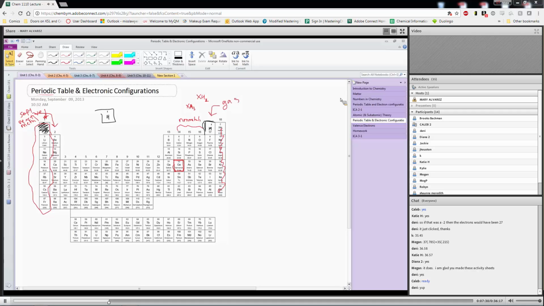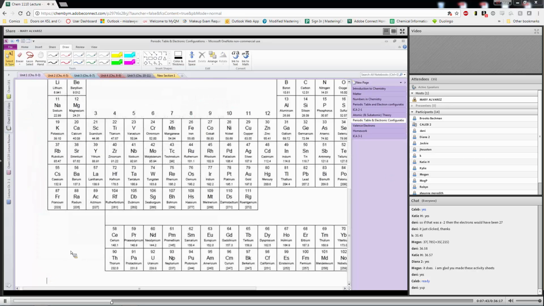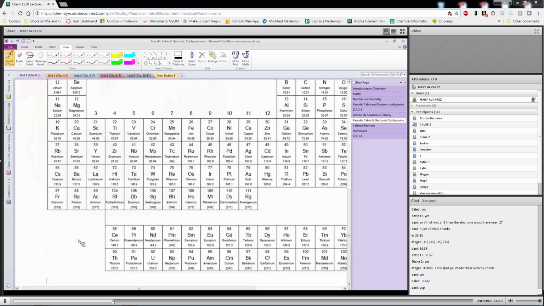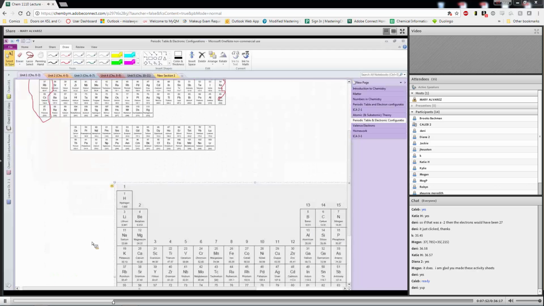So let's look then at the periodic table as it's currently set up, and I'm going to actually copy and paste this in here again. Oh my. I want it to be small like the other one. Here